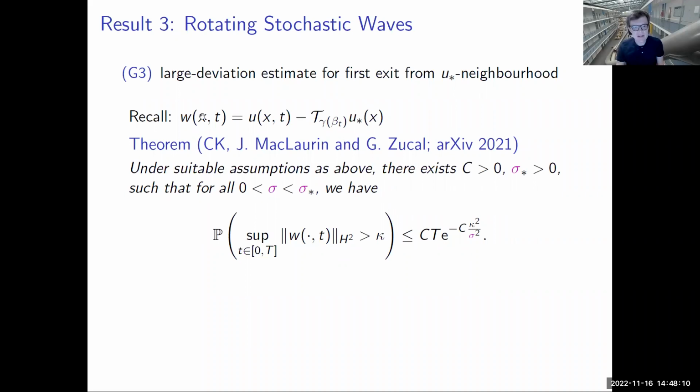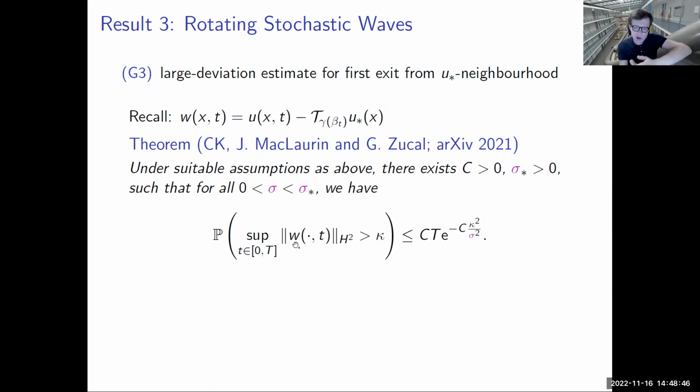So recall that the W is basically the deviation of my stochastic solution from my phase diffused, translated, and rotated deterministic profile. So I take my deterministic profile, I translate and rotate and adjust that, basically this adjustment driven by a stochastic ordinary differential equation. And then the only stuff that's left over are the transverse directions that are outside of the symmetry directions, which should be damped out.